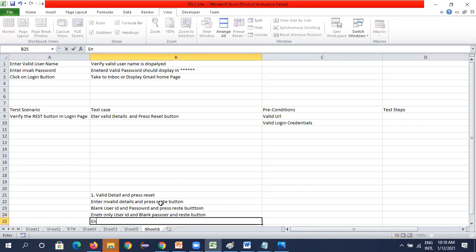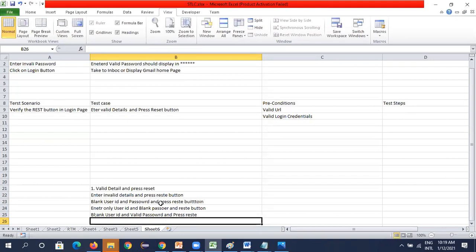Then blank user ID and valid password and press reset button. In this way we can get some 10 or 15 test cases.